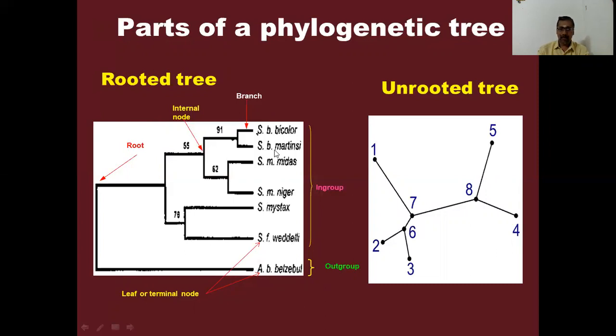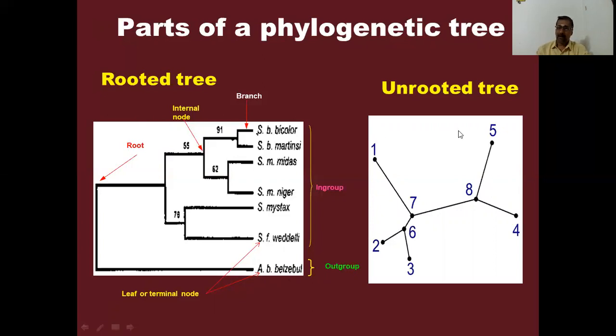So 1, 2, 3, 4. These four species are highly similar. These two species are slightly dissimilar when you consider Saccharomyces. Whereas this particular species is totally different from Saccharomyces. The tree very clearly predicts that this particular species is totally different. So this species will be termed the outgroup. In-group means related species, outgroup means a species that doesn't belong to that particular genus.